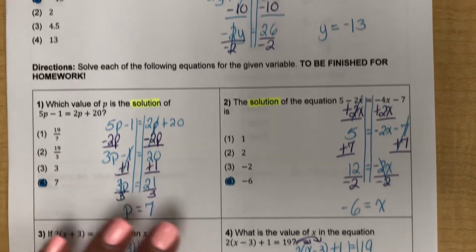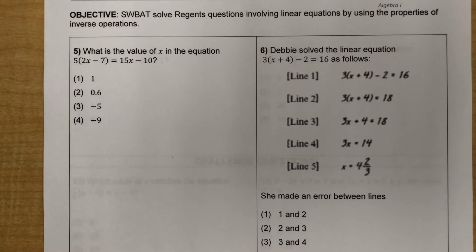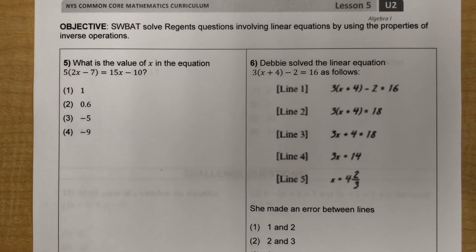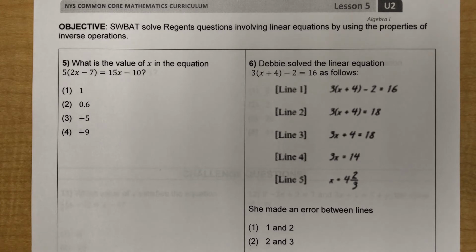All right, let's flip and do one more, and then you're going to finish the rest for homework. All right, let's do number 6. So it says Debbie solved the linear equation 3 times x plus 4 minus 2 equals